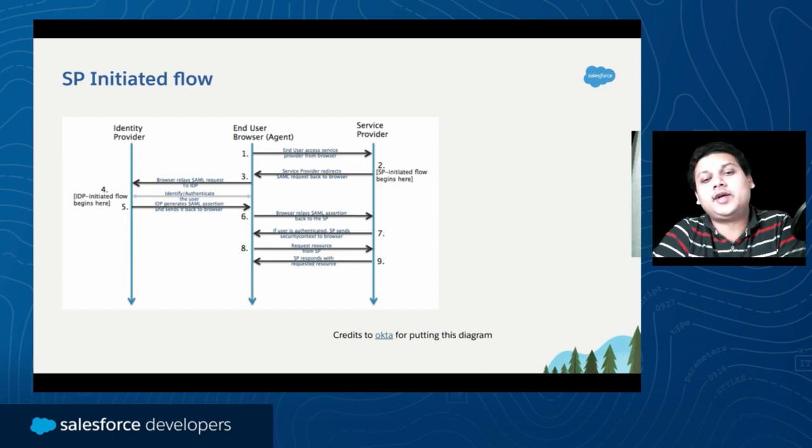And as I said, as we start working here in this session, we'll take a Salesforce org, treat that as an identity provider where we maintain the credentials, and then we will use the same credentials to access the SP. So we'll look at what is SP initiated flow, what is IDP initiated flow, how we can configure all of these. Okay, so before that, I wanted to take some time to help you understand what happens in an SP